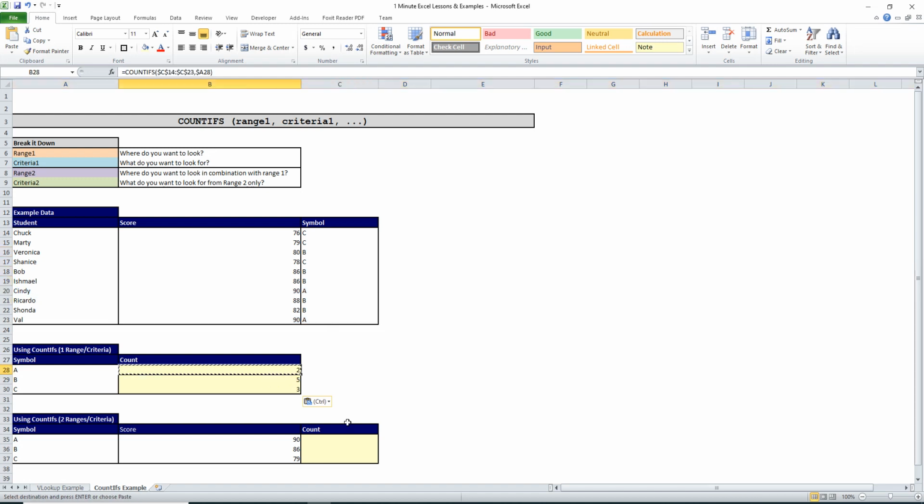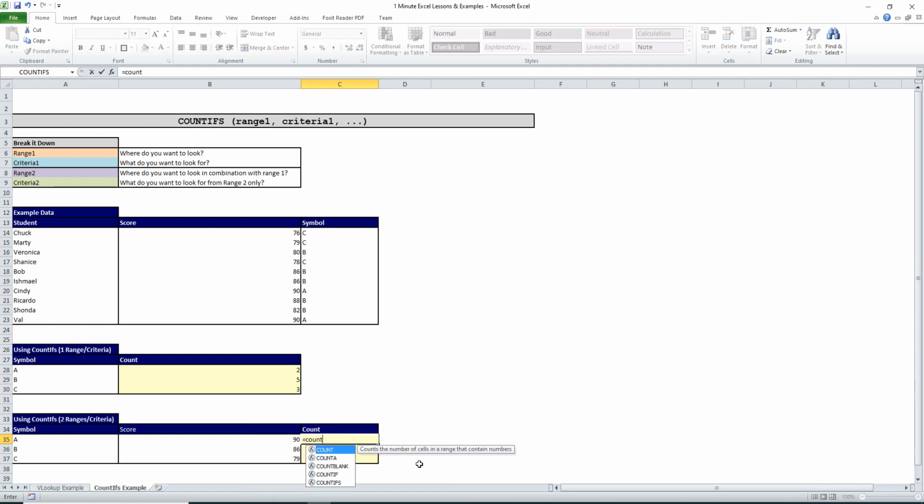So that's perfect. Now for bonus, if you go ahead and do the same formula, except this time we're going to do symbol and score, we can do a double formula. So we're going to do CountIfs with 2 criteria. First criteria, symbol, it's just what we did earlier, lock the range. Then we're going to do the individual symbol A, go ahead and hit 3 times, that's going to lock the